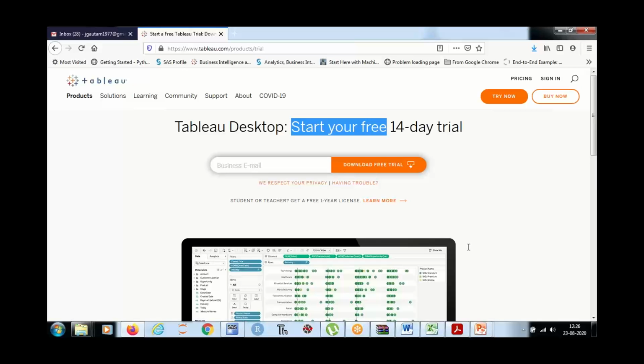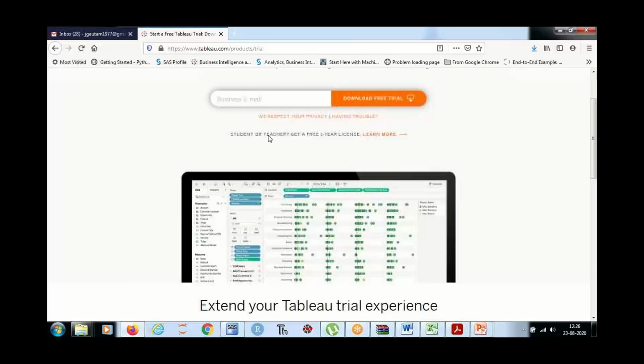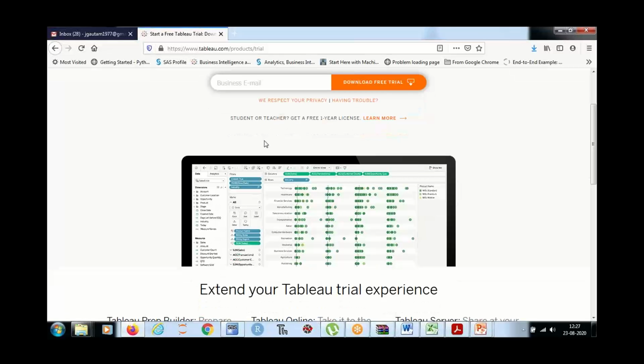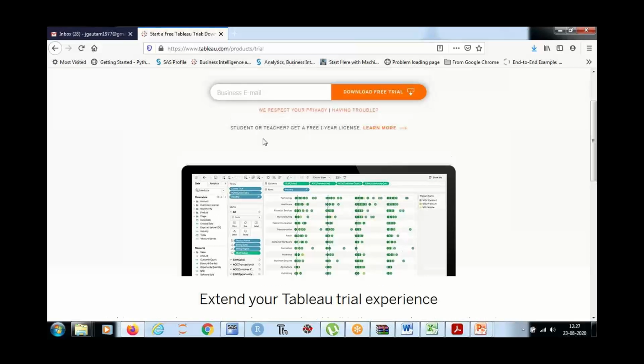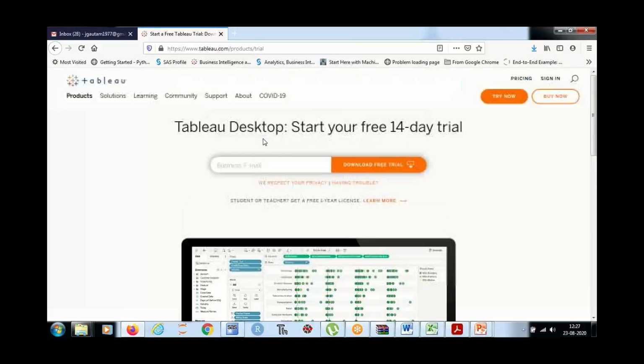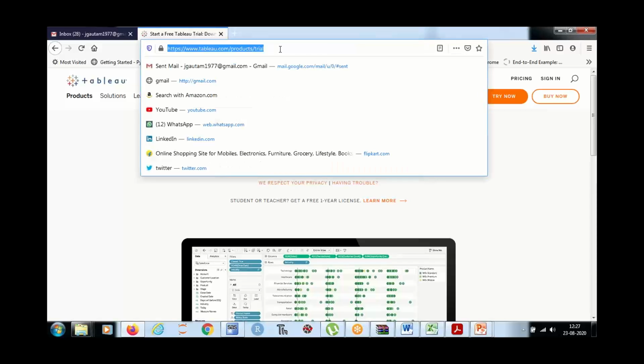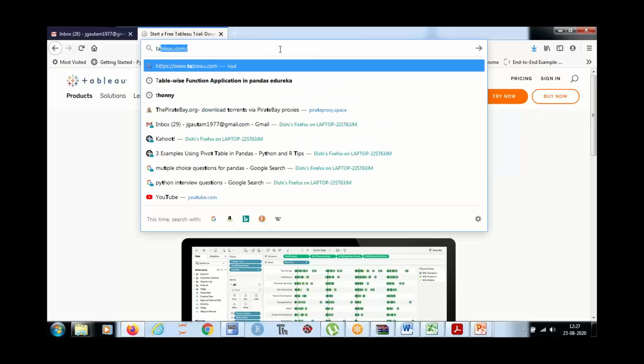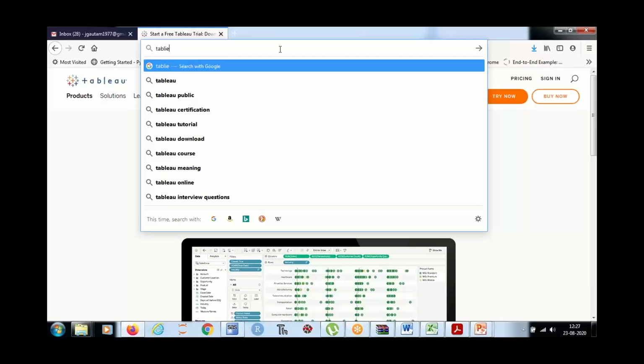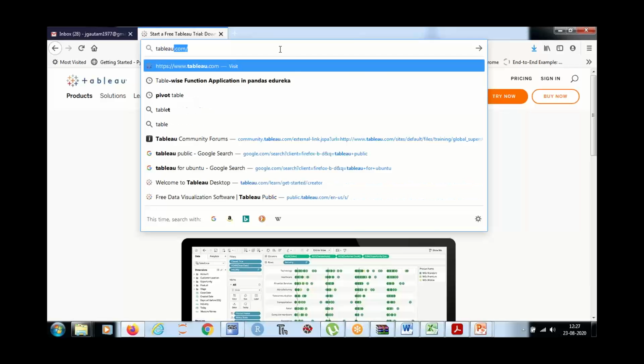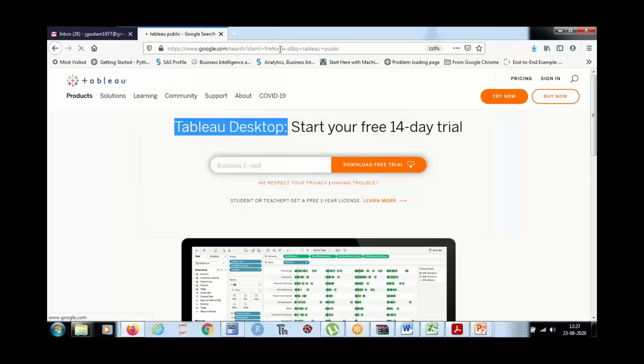I will come to that topic again. Let me first help you people download this, and this will be installed. If somehow you are unable to get this copy of Tableau Desktop, let me help you with another one: Tableau Public.